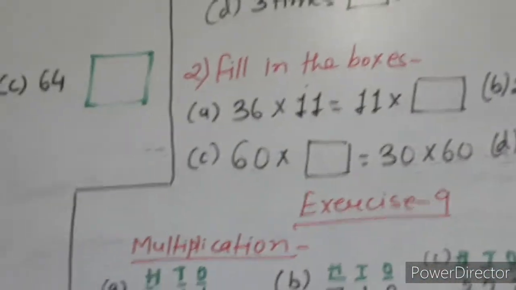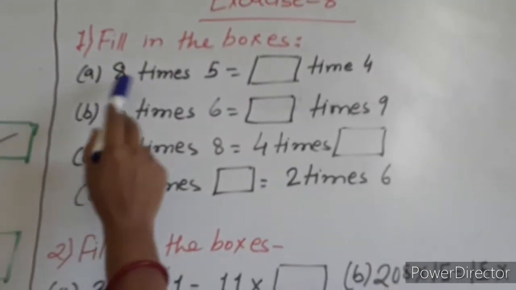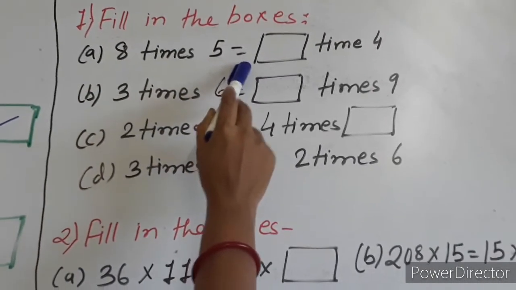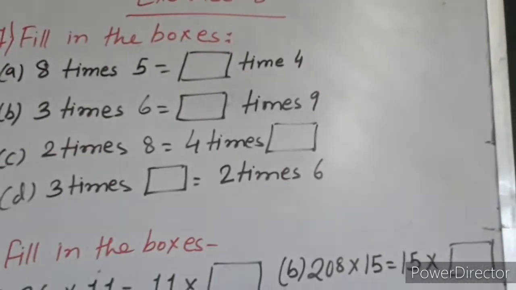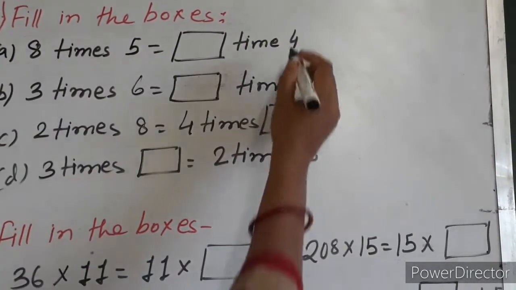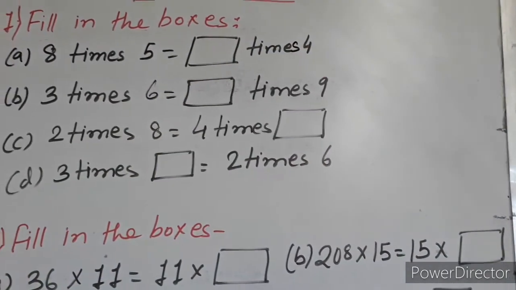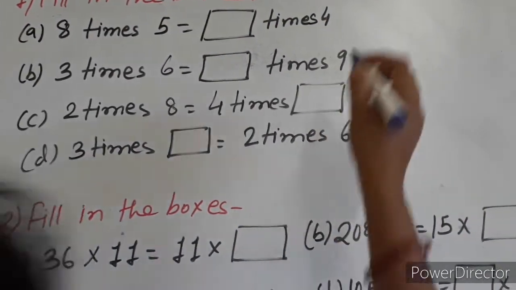Then exercise 8. Fill in the boxes. A, 8 times 5 equal to dash times 4. This is times. Dash times 4. 8 times 5 means